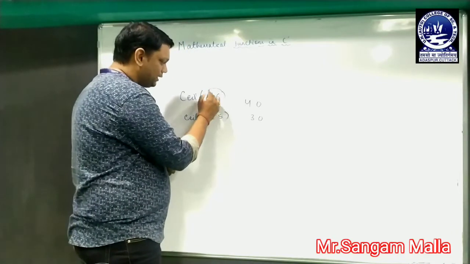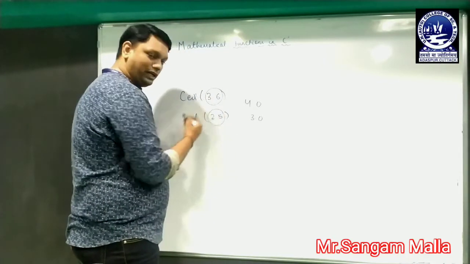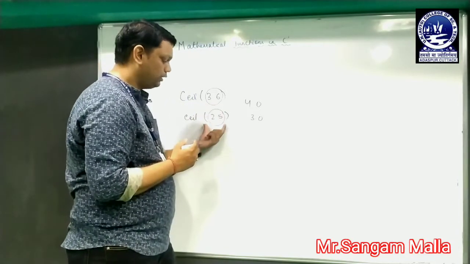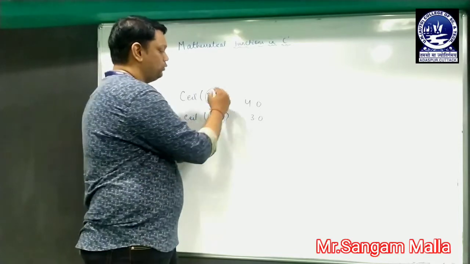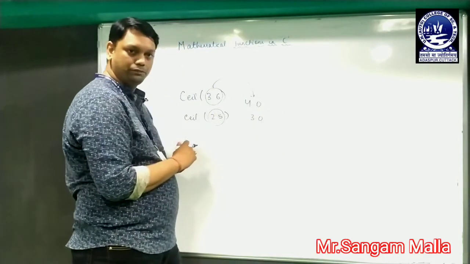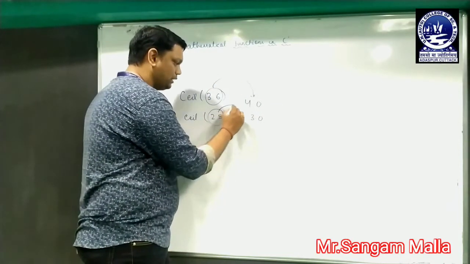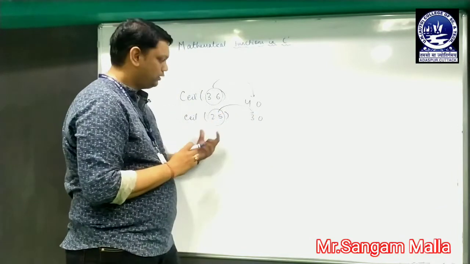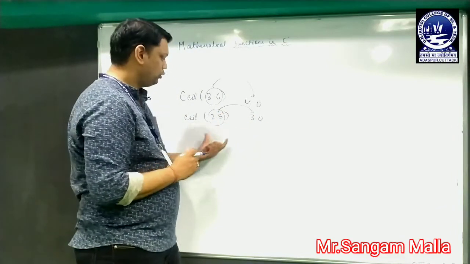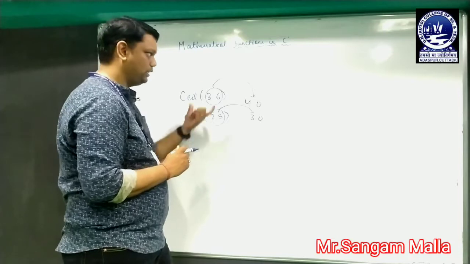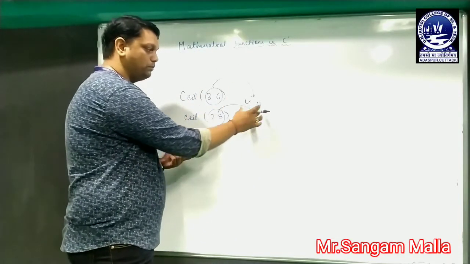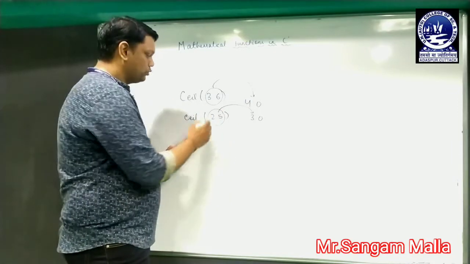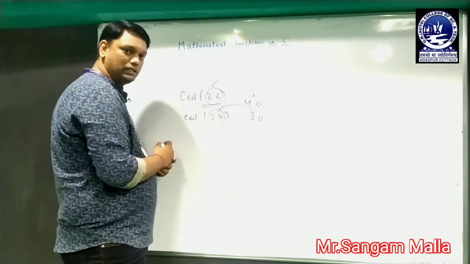So you can see that 3.6 or 2.5 are some of the decimal values. Whatever decimal value is there, it will round off to its larger number. Similarly, here 2.5 is there, so it will convert it to the highest number. So CEIL is a special function in the C programming language that is used to round off the number to its larger number. So what is the syntax of CEIL?